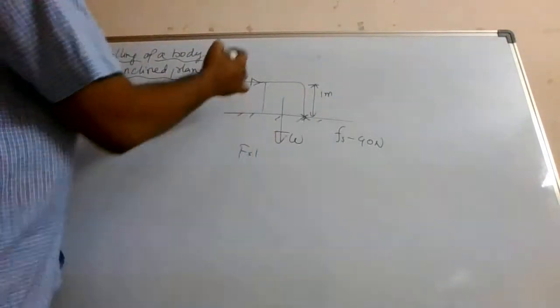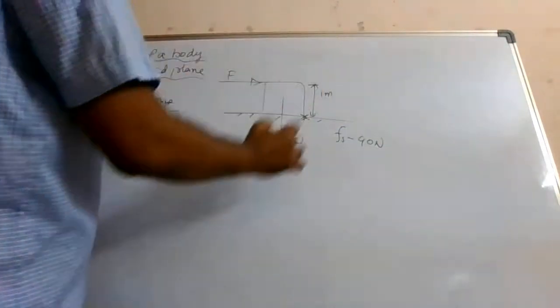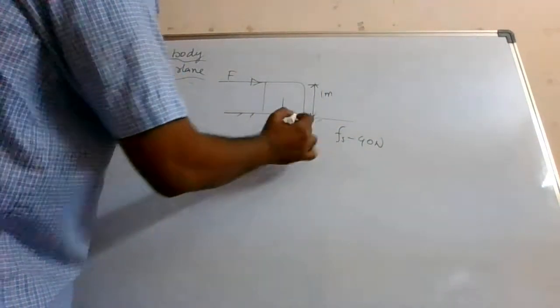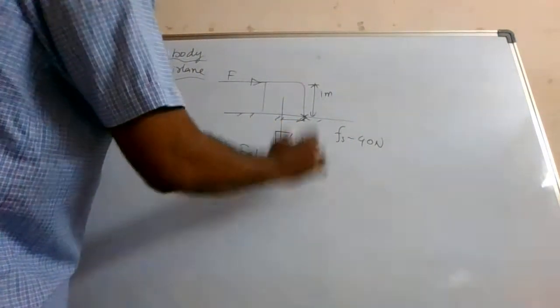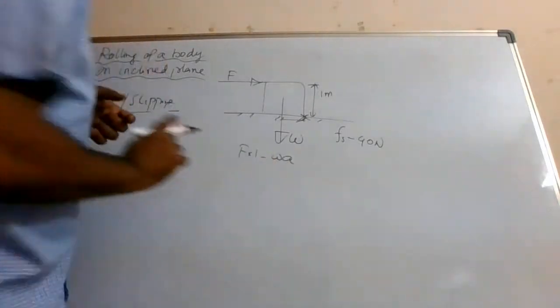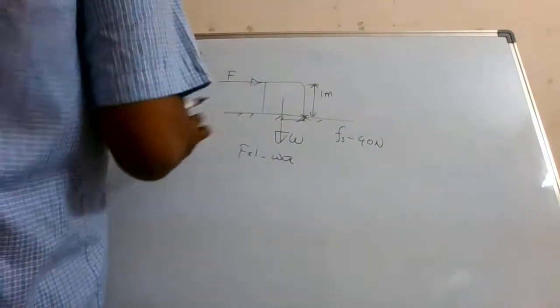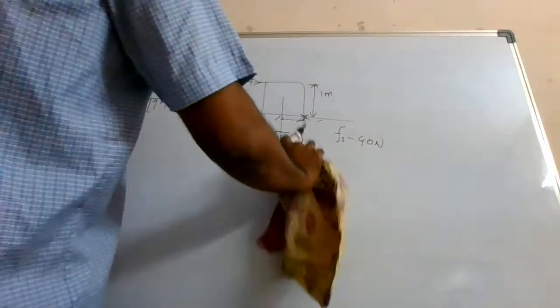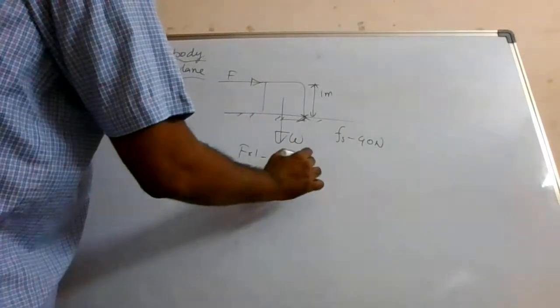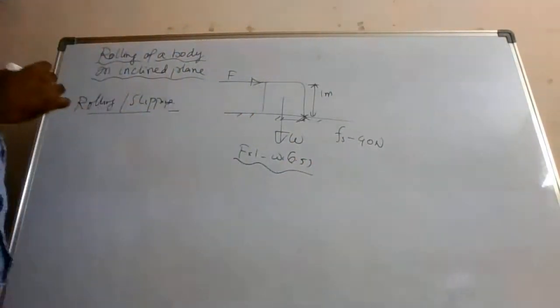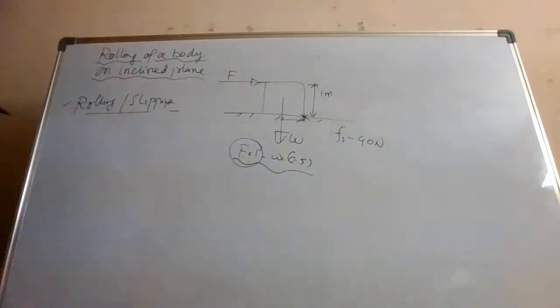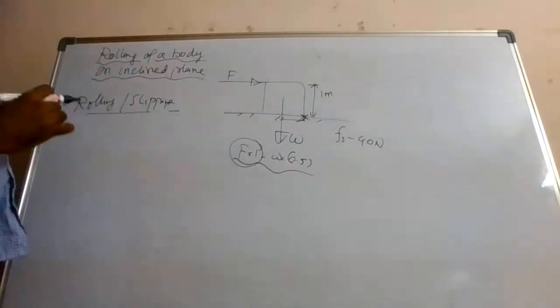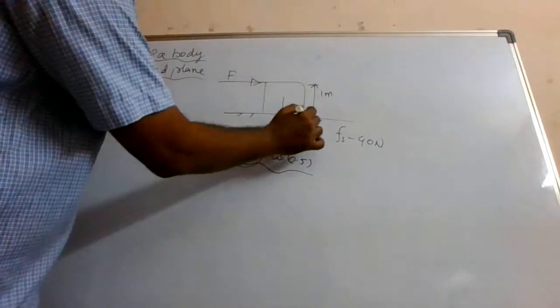It will be in the clockwise direction and this will be in the anti-clockwise direction. So W into this distance. Let us say this distance is A, or 0.5. This block length is 1, so this will be 1 by 2, or 0.5. So this is your net torque, isn't it? If this value is more, it will try to topple about this point. I have discussed a topic called toppling, where I talked about this. So if there is a net torque, it will try to topple about this point.